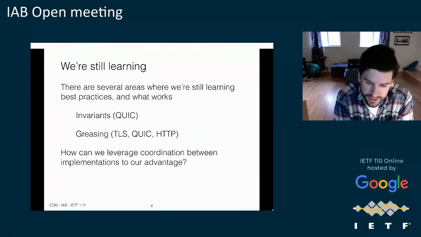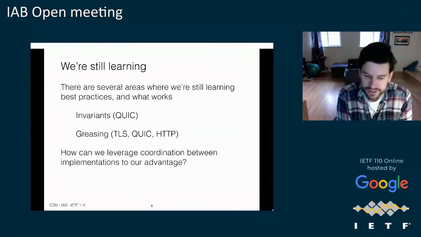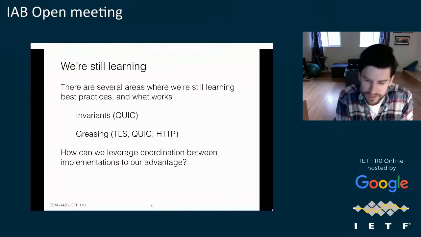A lot of the discussion we had indicates that the strength that we have from trying to exercise code points is not just in doing random things through completely random greasing, but really coordinating an effort between different implementations. So that's something that we want to further explore in our next meeting. If these are interesting topics to you, please join in. Anyone can join the list and anyone can join the meetings.